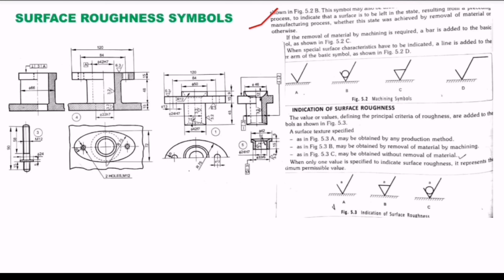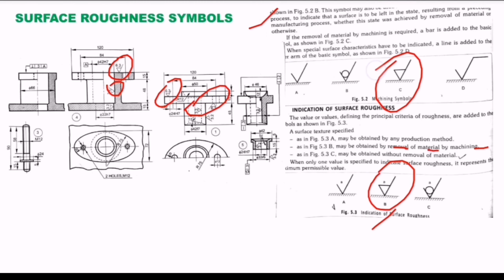Next is surface roughness symbols. This is very important. In the figure if you observe some triangular shaped symbols we can see like this. That symbol is nothing but this one, second one. This symbol is used where the removal of material by machining is required. Wherever the machining is required to remove the material, there will indicate this symbol. So this is very important surface roughness symbol. Everywhere we can indicate, because everywhere we'll do some surface removal machining process. There will indicate this symbol compulsory.